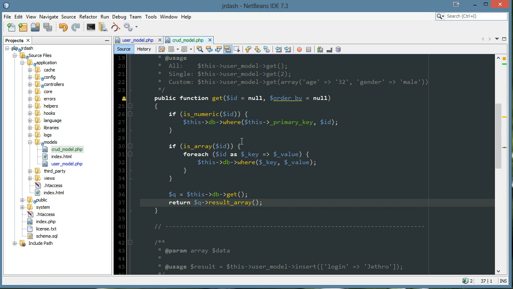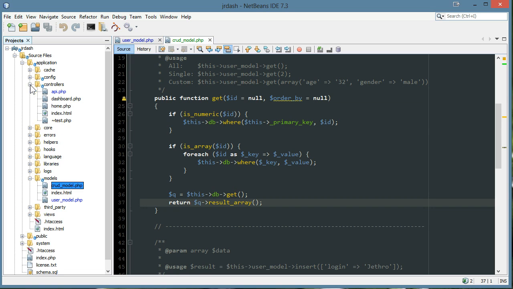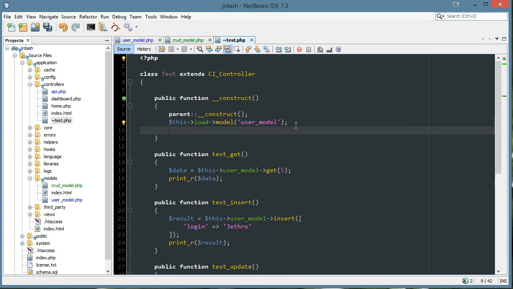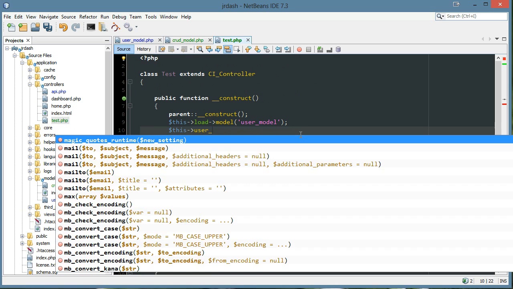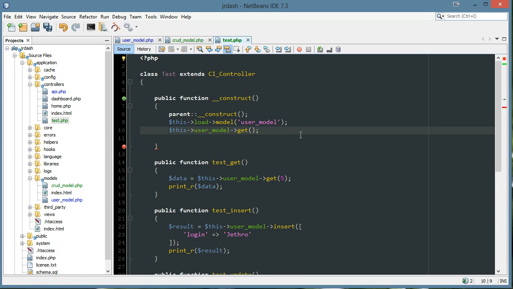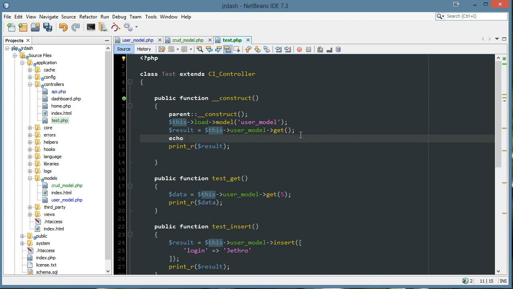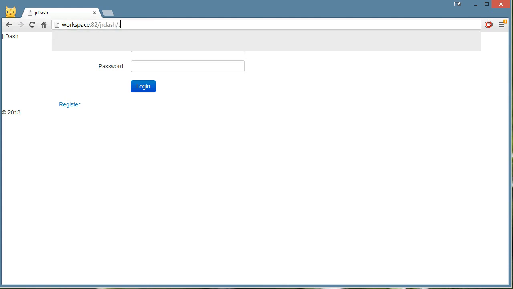Okay, and now we have all this stuff here. So what I'm going to try to do is get a few parameters. If I go to my controllers and my test, this looks pretty dirty, but we'll try it anyways. Let me get rid of the squiggly, and I'll say this user model get. I'll call this result equals user model get, and I'm just going to print_r of result so I can get some info dumped out, and the pre-tag will make it readable. Okay, so back to this, and I'll just go to /test,